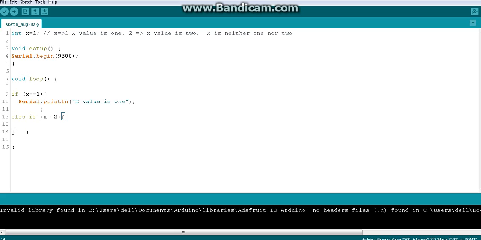Okay, so to save the time, I will just copy this and change the text. Okay, so here I will say x value is 2. So if this is false, and I check here, if this becomes true, I will implement this command. I will skip the rest of the else or any other parts that are connected with the if. I will skip everything else and I will go to the next line.